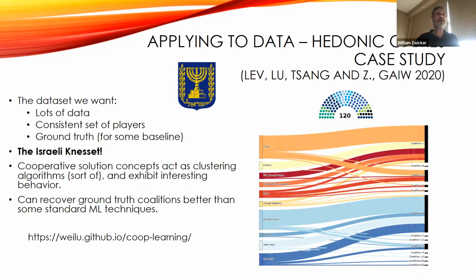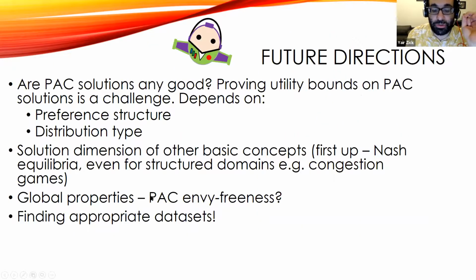And Virginia Doe has a question about PAC envy freeness. Is this what they do in the NeurIPS 2019 paper called envy free classification? Right. Yes. So this is kind of similar, but there they look at a slightly more specific setup. But if you wanted to capture the full gamut of PAC envy freeness, it's kind of challenging to talk about it. It doesn't exactly fit into our framework